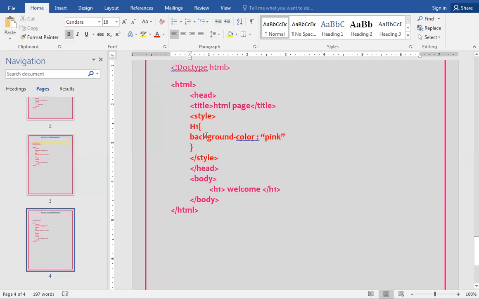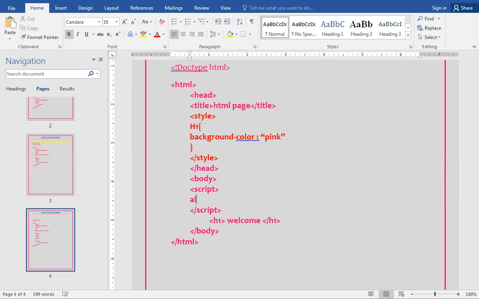So I can use the script tag within the head or in the body. If I use the script tag, with the opening and closing of the script tag, and within the tag,